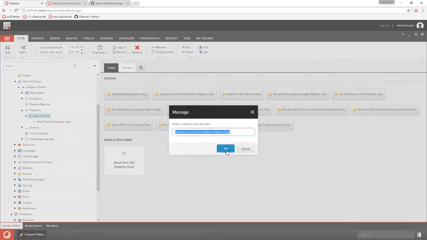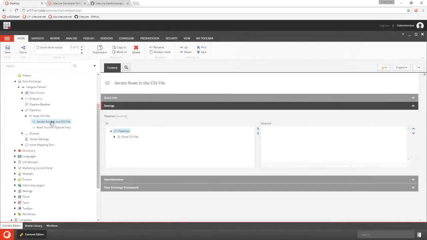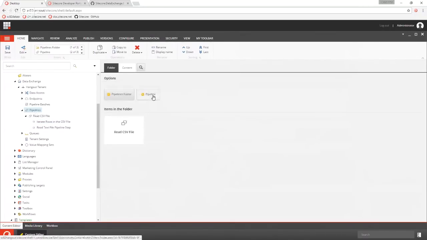Okay, so I'm going to just name this iterate rows in the CSV file, because that's what this does. It's going to go through each row in the file, and for each row, it's going to pass that row to another pipeline. So I'm going to need another pipeline, and this pipeline is going to handle a single row.